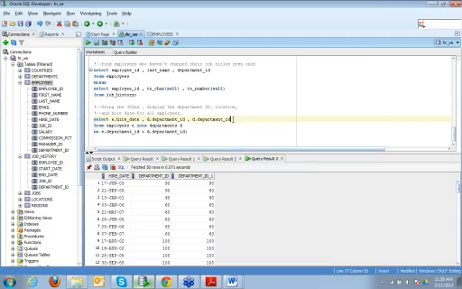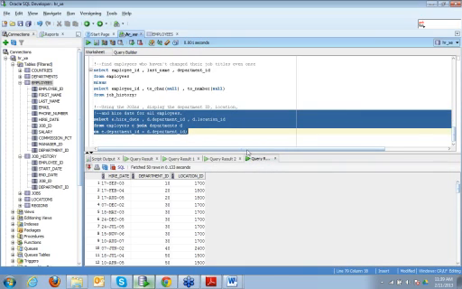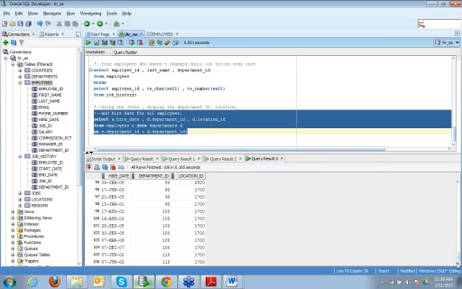Okay, sorry. And location, we need to find the location. Okay, so this query has been fetched. So this is the hire date, ID and location for 106 employees.